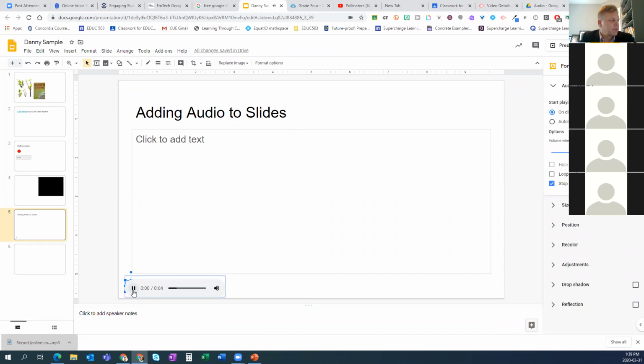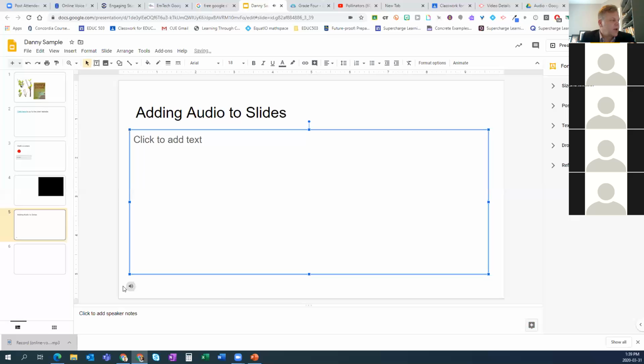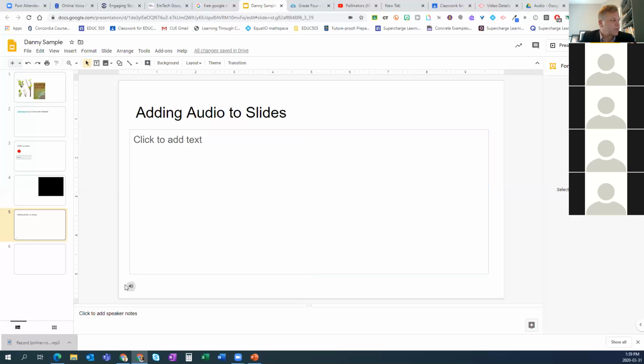This is my audio recording that There it is. So you can You can click away, you can drag that play button to different parts of the screen. I find it a little bit difficult to once it's in there, look, when I mouse over it, it just wants to start up. So I think